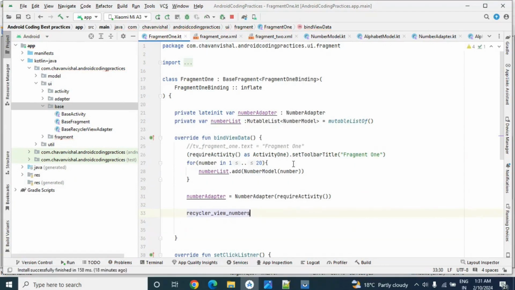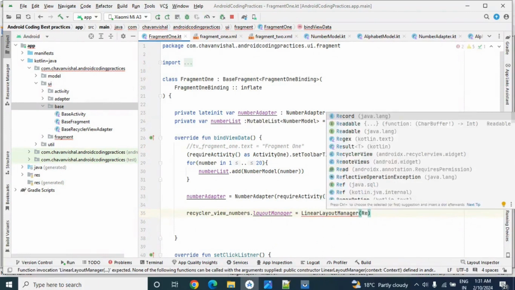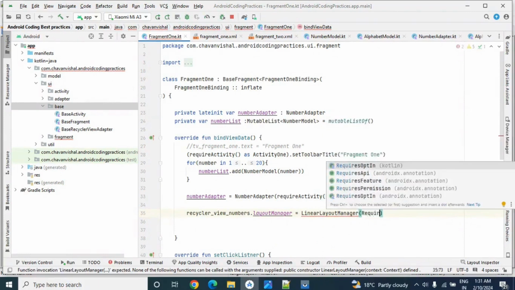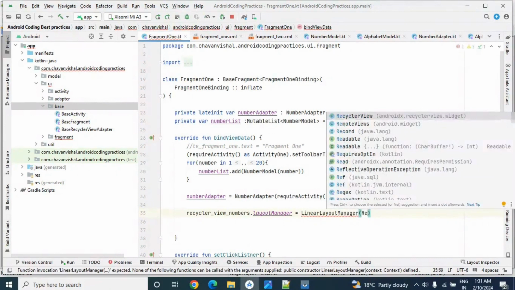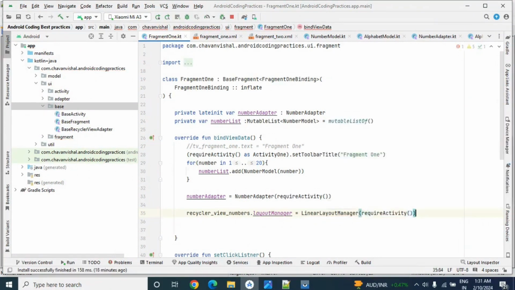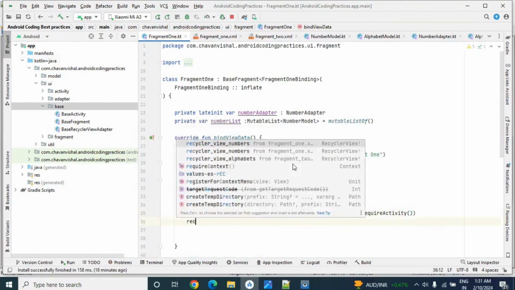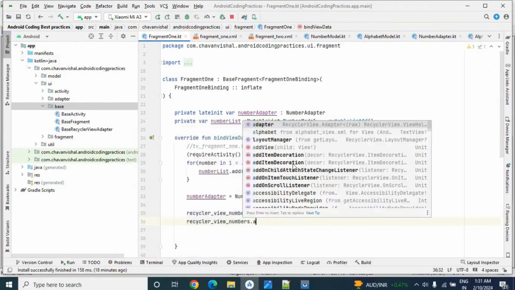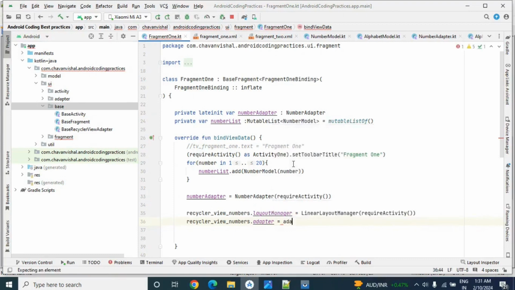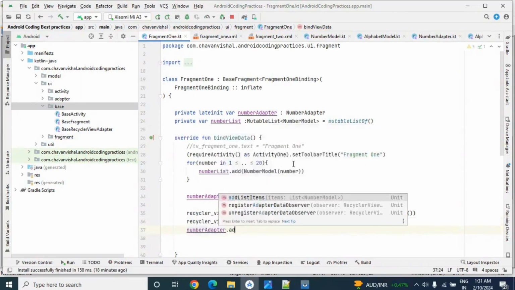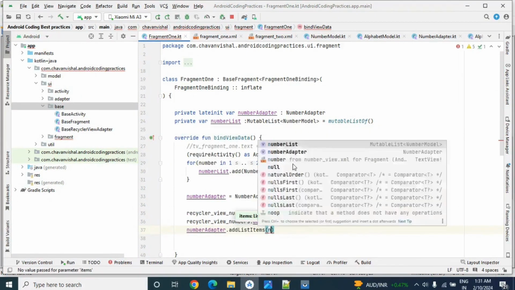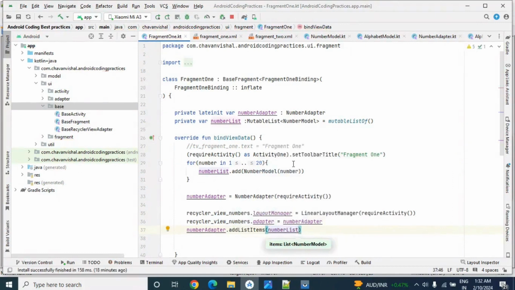Recycler view numbers dot, here we will set our layoutManager is equal to LinearLayoutManager. Again we will pass context, requireActivity. Then let's set the adapter: recyclerView dot adapter is equal to numberAdapter. Then numberAdapter dot addListItems, and here we will pass our array list.